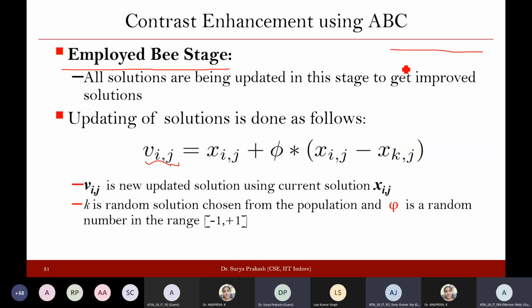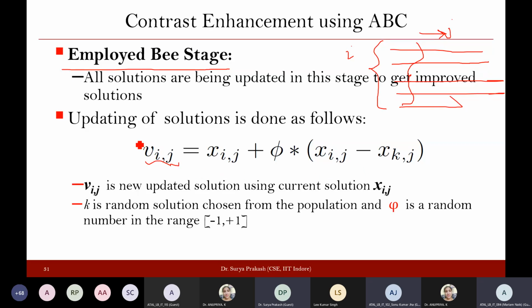One solution is an n-dimensional vector, another solution is an n-dimensional vector, and you have several solutions. To tell which solution we are talking about, we have i, and within a particular solution, which value we are talking about is decided by j. So in all these cases, you have two indices, Vij. Okay? So with the help of employed bees, all these initial solutions that we have are improved,